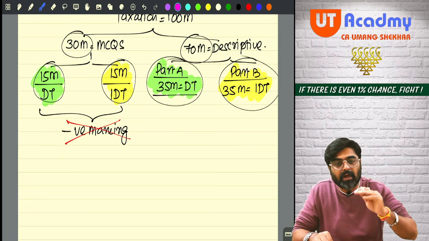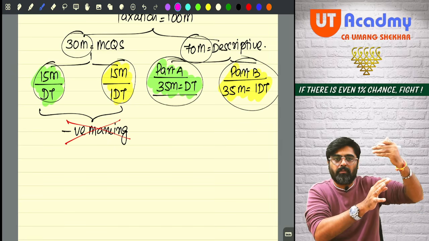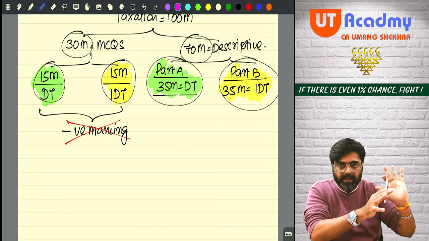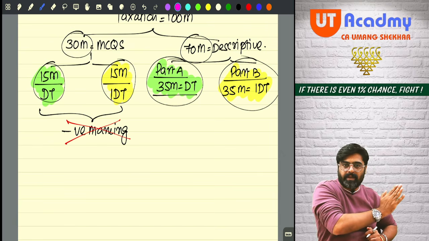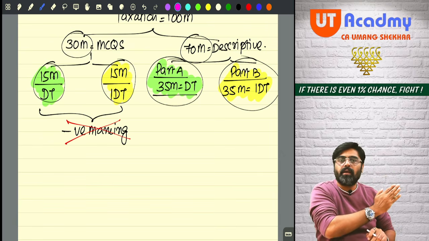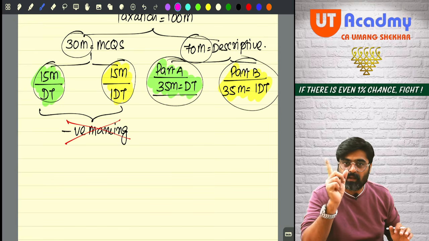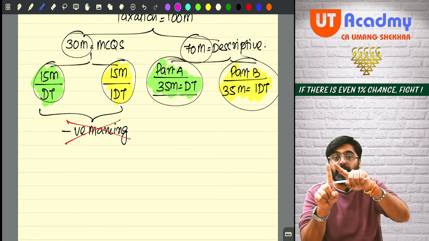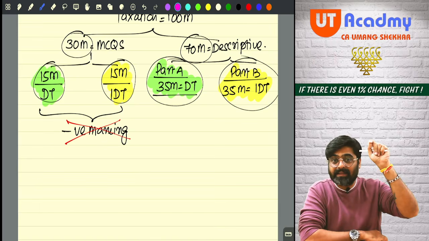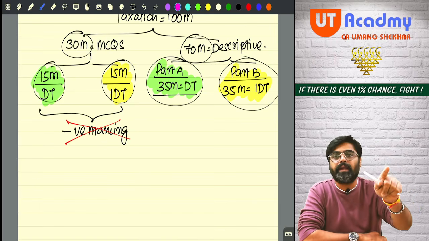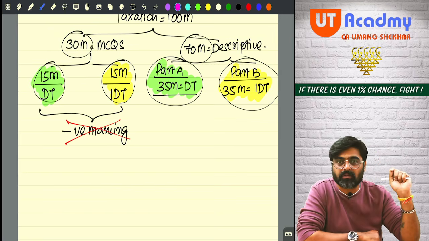Now, if you will see the question paper, descriptive question paper. So in your descriptive question paper, there will be 2 parts. Part A will be direct tax, and they will definitely give you a part B separately in that same question paper. Part B will be reflecting separately, and that will be indirect tax. So in your part A, direct tax questions will be there. For that, you will be given a separate answer sheet. A separate answer sheet will be given, and in that answer sheet only you are supposed to write down your DT. And there will be a separate answer sheet to write down your IDT answers.